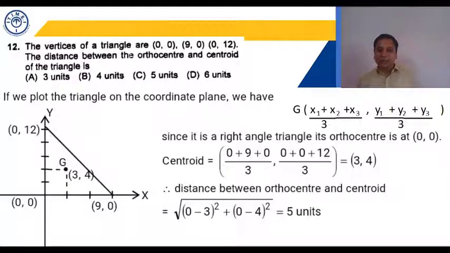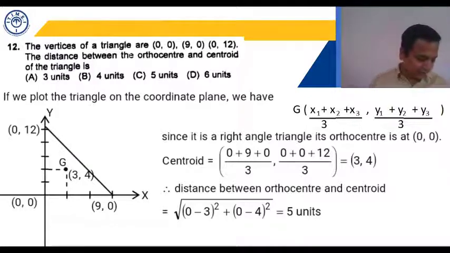So had the question been asking the distance between orthocenter and circumcenter, we could have straight away found it. It's actually half the hypotenuse in this case. So midpoint of hypotenuse is circumcenter. A point at which right angle is made is orthocenter. And coordinate of centroid we can easily calculate by using the formula G as x1 plus x2 plus x3 by 3, y1 plus y2 plus y3 by 3. I hope this is clear to all. Sure. Let's move to next question.